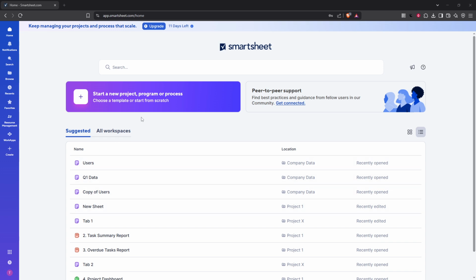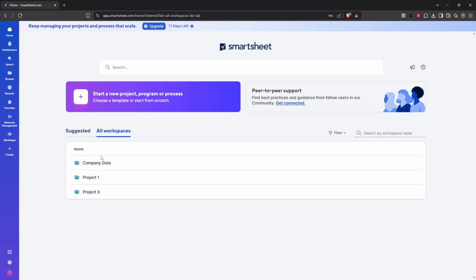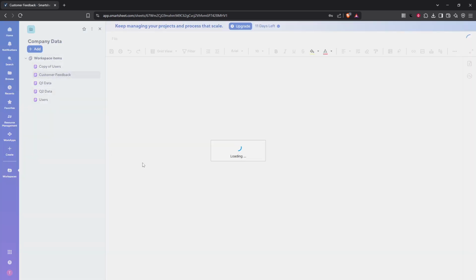First, you'll want to start by logging into Smartsheet. This might seem straightforward, but ensuring you're in the right account is crucial, especially if you manage multiple projects or clients. Once you're logged in, the next step is to create a new sheet or select an existing one that you're comfortable working with. A sheet acts as the foundation for our questionnaire and represents the form structure where all